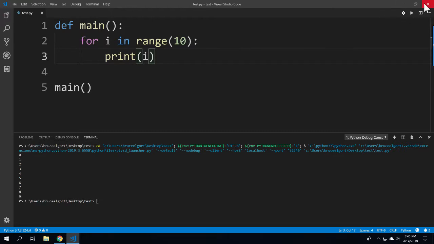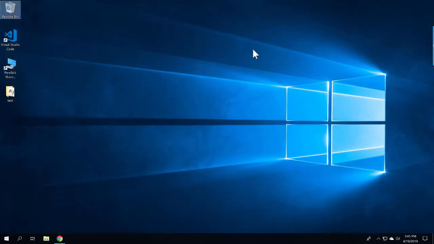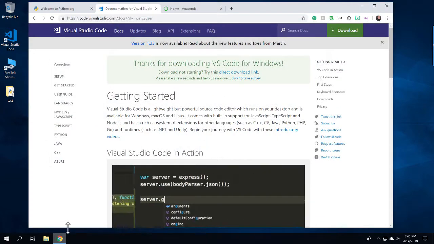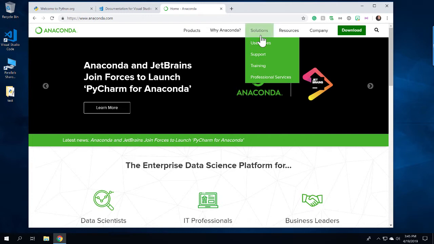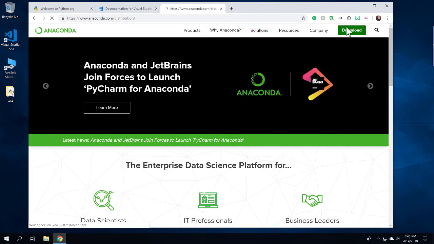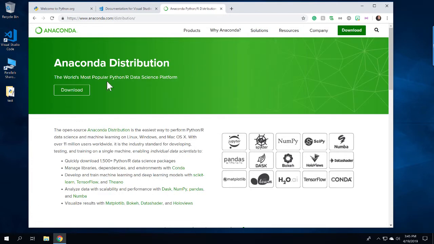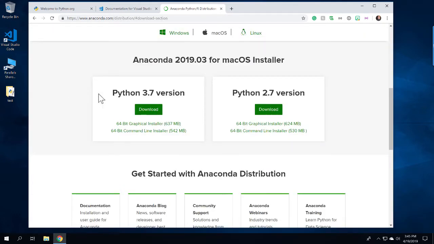So I'm going to close Visual Studio Code, and I'm going to go back to Google Chrome. The next thing I want you to install is Anaconda, and you go to this URL up here, www.anaconda.com, and you're going to click on Download. Okay, and then you're going to click on the Download button again, right there. Let's select Python 3.7 and click Download. So we clicked Download